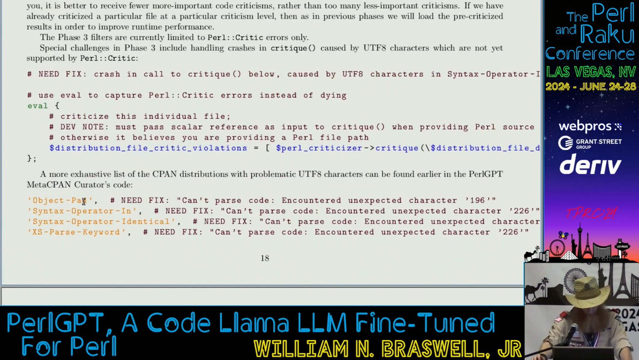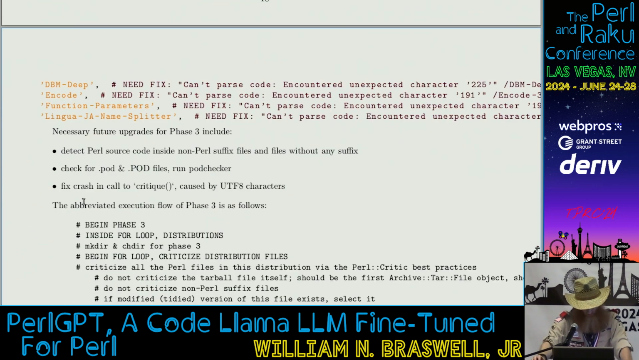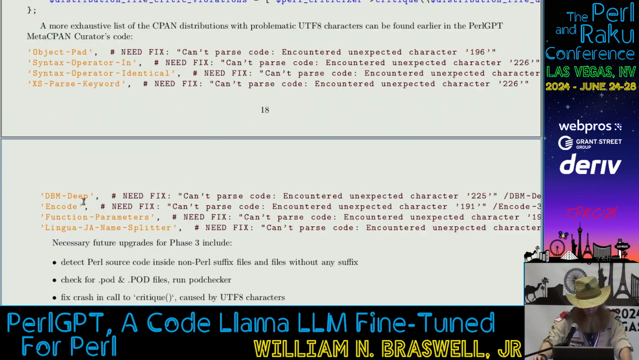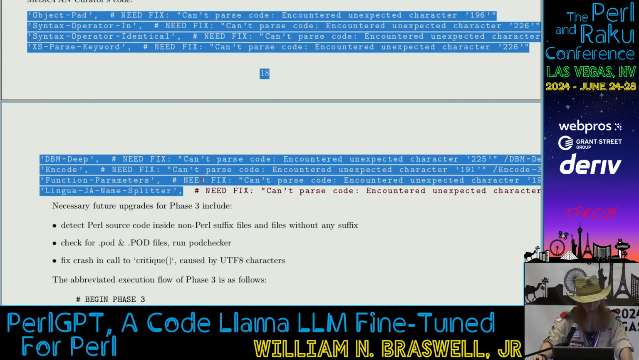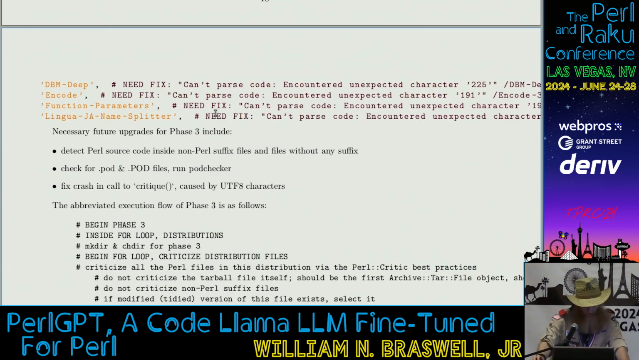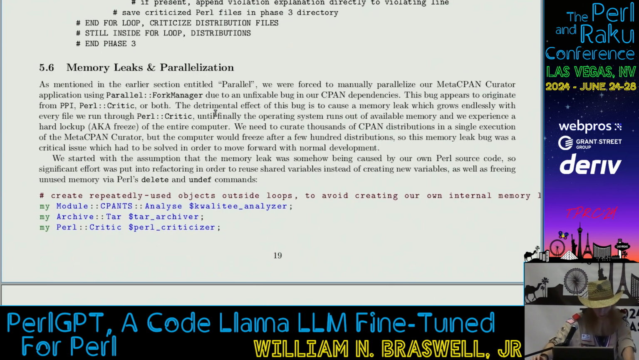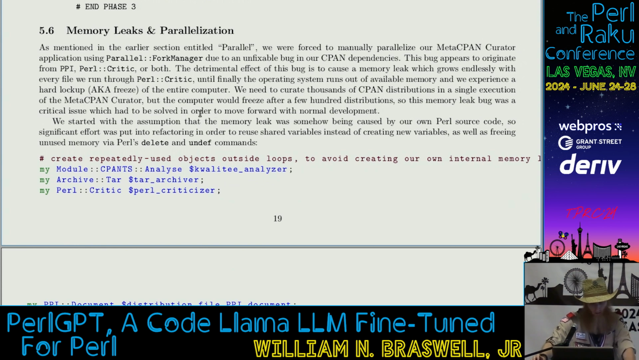I can't remember if I put an example of one that showed code that was critiqued, but again, here are some of the things that cannot be run through Perl-critic for various issues that we can't get into right now because we don't have time. Parallelization. This one is important. I wanted to mention this because